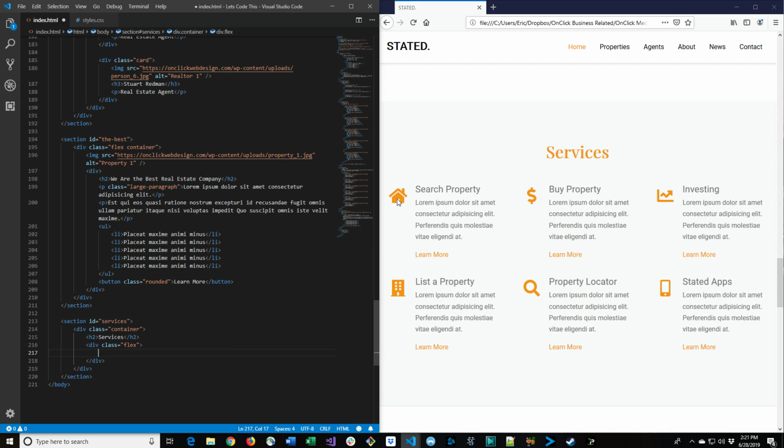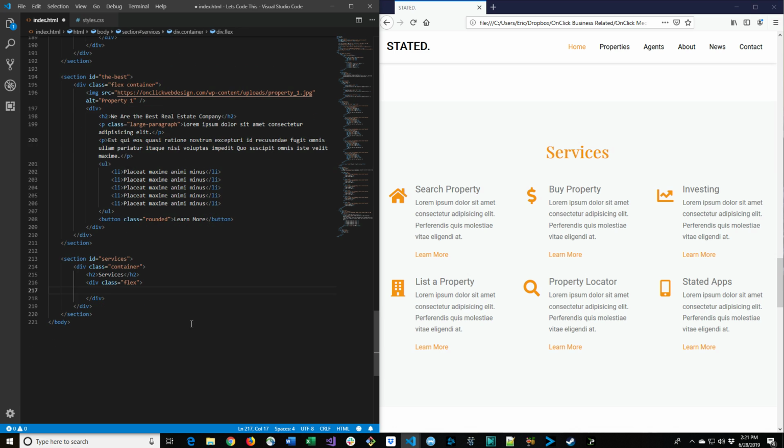So inside of the FlexBox, let's create a div. Inside of each div, we'll have a div with a class of fas fa-home. This is Font Awesome classes. This is to get the home icon. And then underneath that div with the Font Awesome classes, we're going to create another div. We're going to say class equals services-card-right, and that's going to be all this text to the right of that icon. So inside of that div, services-card-right, we'll have an h3, search property,